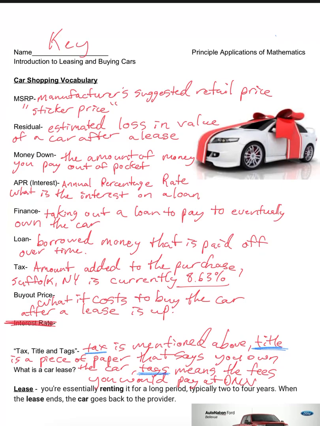And then another common term is tax, title, and tags. Tax is mentioned above. It's just the extra you pay based off of the sales tax rate. Title is a piece of paper that actually says you own that car. So it's something that you need for proof of purchase and proof of ownership. And then the tags means the fees you would pay at the DMV. At the DMV, you would have to get a registration and license plates, and that costs money. So you have to keep this all in mind when you're buying. There's a lot of extra costs. So if you can get this basic vocabulary down, you should have a better understanding of what it's like to